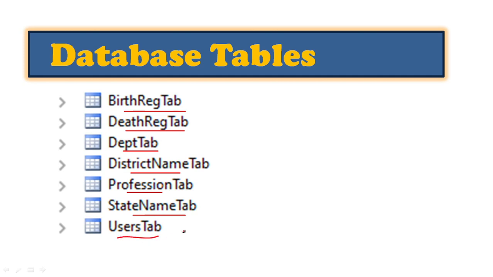User table. Here we have the login credentials, user ID and password. Whatever is available here, only those users can log in. Therefore the user table is used to store the login credentials. Okay, so these are the tables used in this project. It's only an idea of how we used them, but you can plan your own way. If you want to add something more or do it in a different way, all of that is possible.